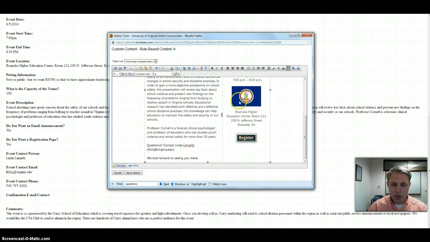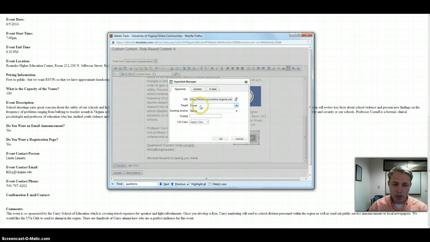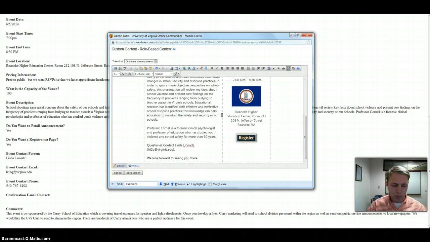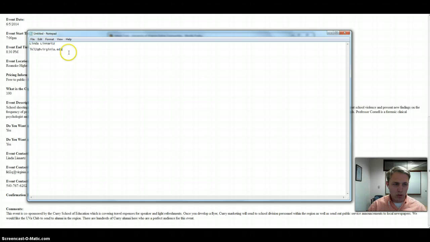The last thing in the actual email body I'm going to do is click on this Register button. I'm going to go ahead and hit Hyperlink Manager. This right here is what I call a friendly link, or that's what it is called. Go ahead and copy and paste that. Hit OK. Go ahead and open up your notepad if you want, and paste that in there. And then with this, go ahead and delete everything that was there up until that